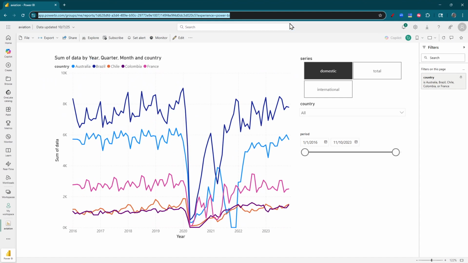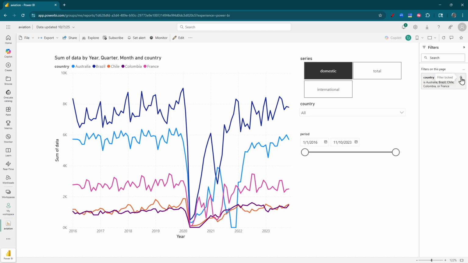So basically, after being published, it will look like this. You see, there's the figure, there are the different slices that were created, and on the right side you see the filter. This is the page level filter, the country, but it's locked,